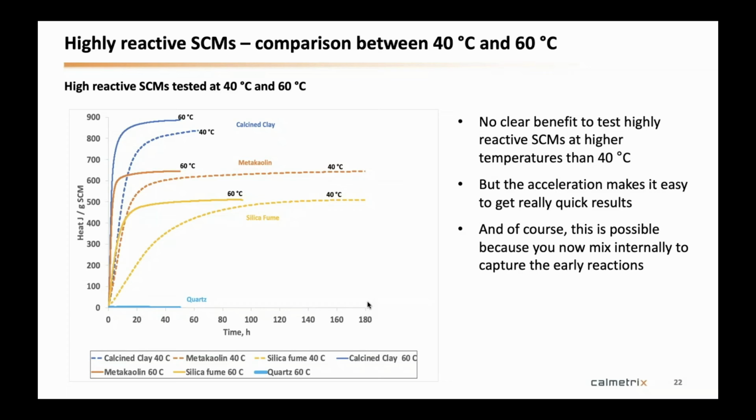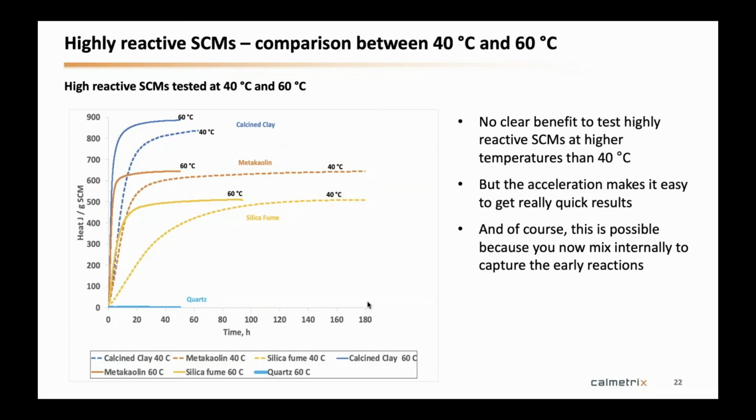there are two things that you can derive from that. For one, it doesn't change fundamentally anything on how you would interpret the data. You get the same results. They're still ranked the same. They still max out, they get asymptotic at the same value. The metakaolin is about 650 joules per gram, and whether you test at 60 or at 40, it ends there. But in fairness, there's still a difference, because the way it climbs faster really tells you that